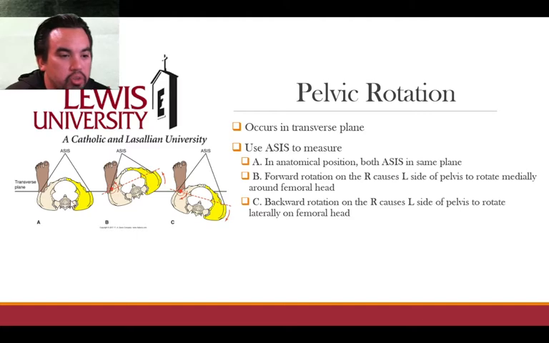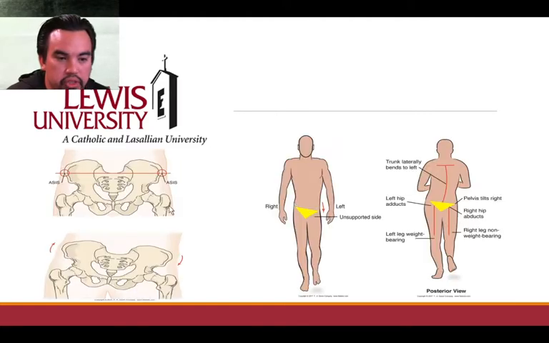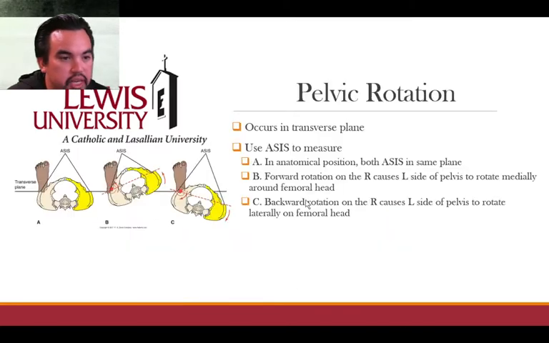So then also as we're walking, if we took this picture here, and we look at it now from cutting him in half and looking straight down, you see that we get this pelvic rotation that happens. It occurs in this transverse plane, and we use the ASIS to measure that. So if we look at A over here, you see that in anatomical position, both the ASIS are in the same plane of motion. So it's nice level here in that transverse plane. I have a nice line that goes through both of them. But then as we have